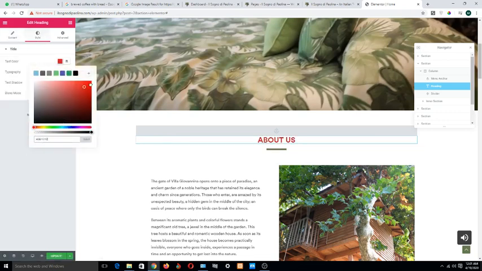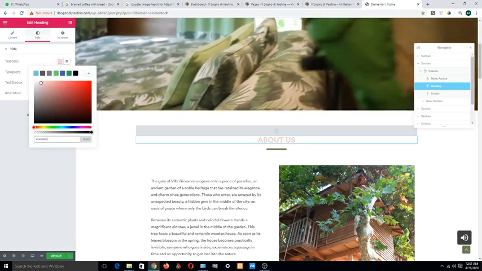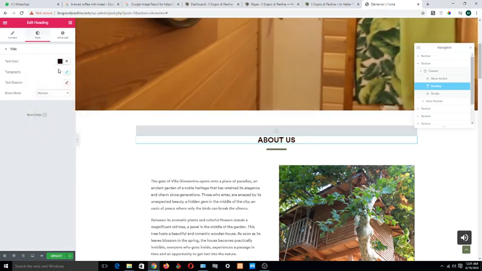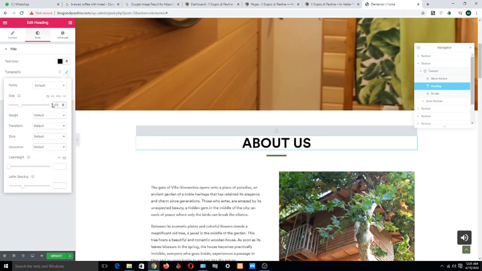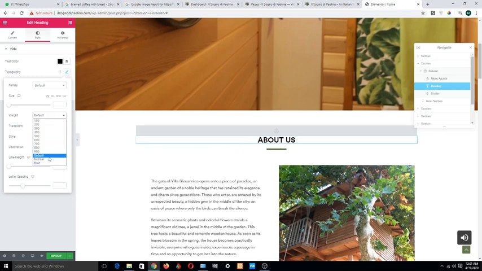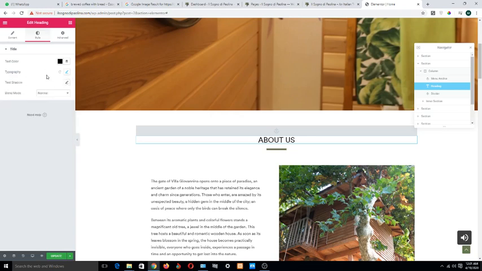If you want to change the color, you can change it from here. If you want to change the font size or font weight, you can change it from here. You can also give a shadow. If you want to reset or remove the shadow, you can easily click on reset.